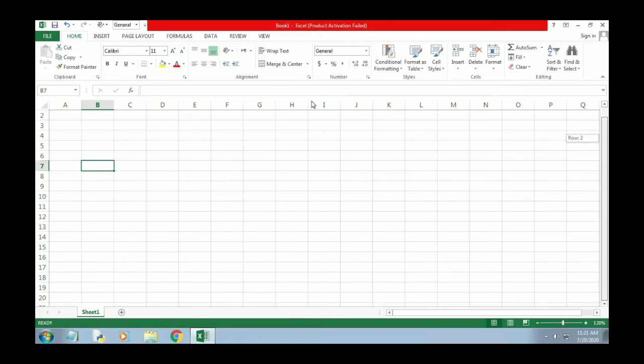On the right side you can see this slider. This is also called a scroll bar.